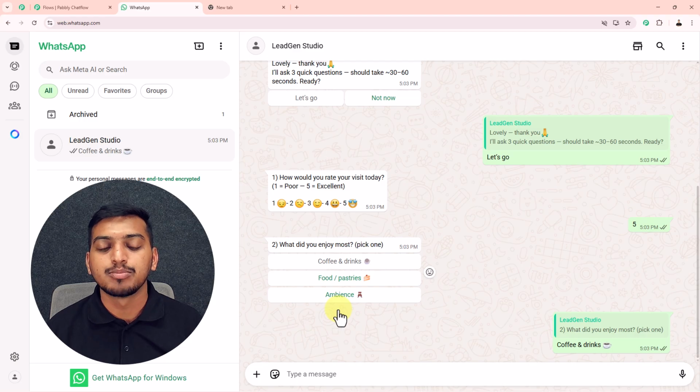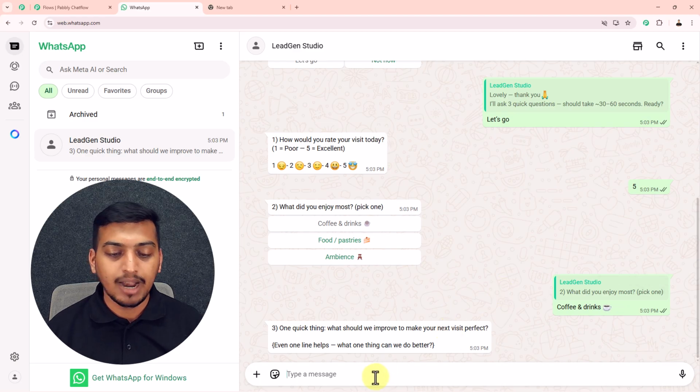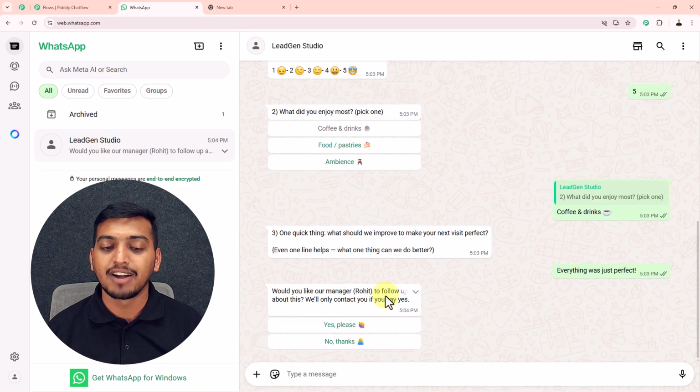After that, this bot will ask me one last question: "One quick thing, what should we improve to make your next visit perfect?" So I will type down this particular text inside this chat. Everything was just perfect. After that, this bot has sent me another message: "Would you like our manager Rohit to follow up about this?" So as I do not want to follow up, I will click on this no